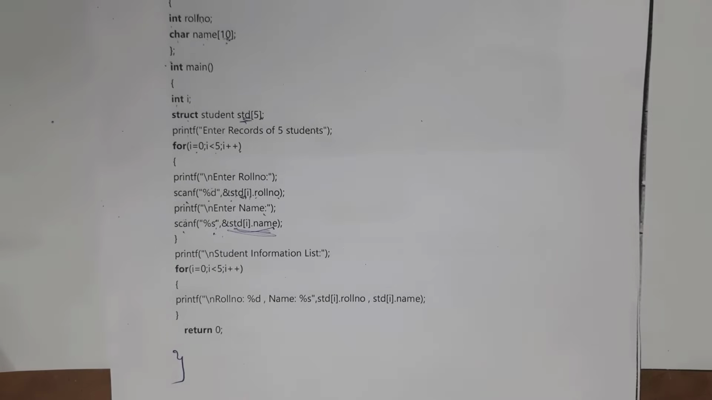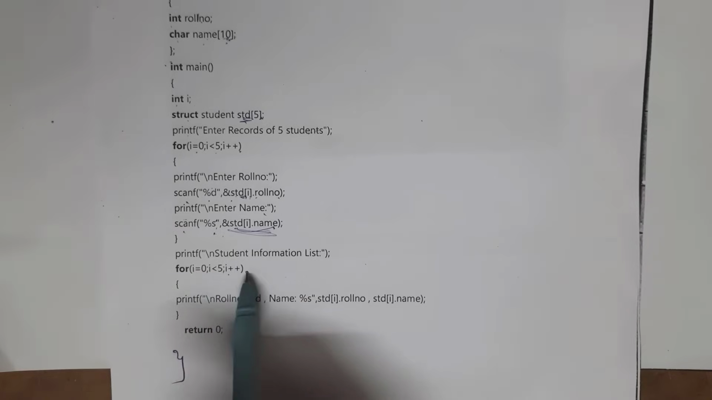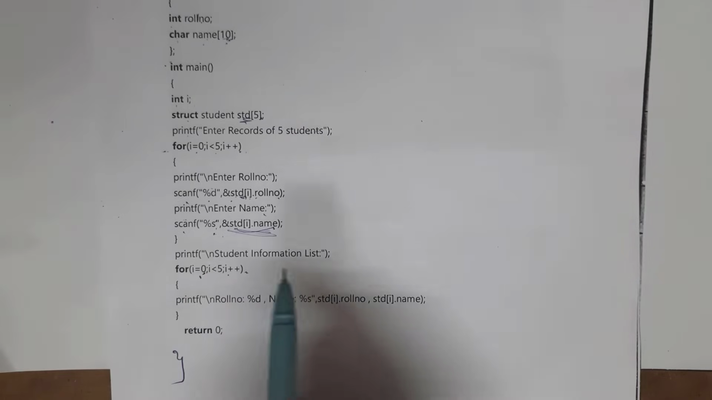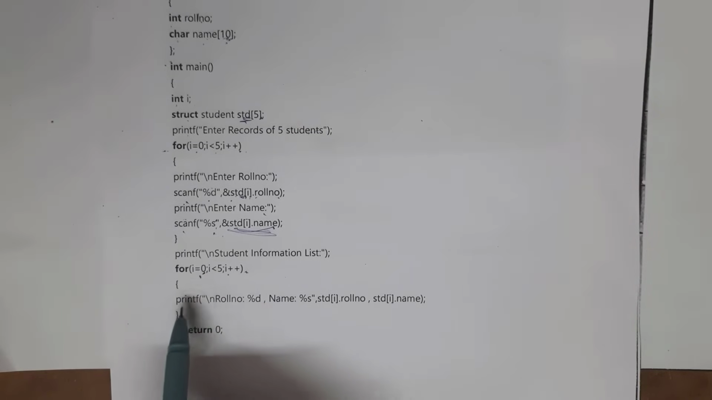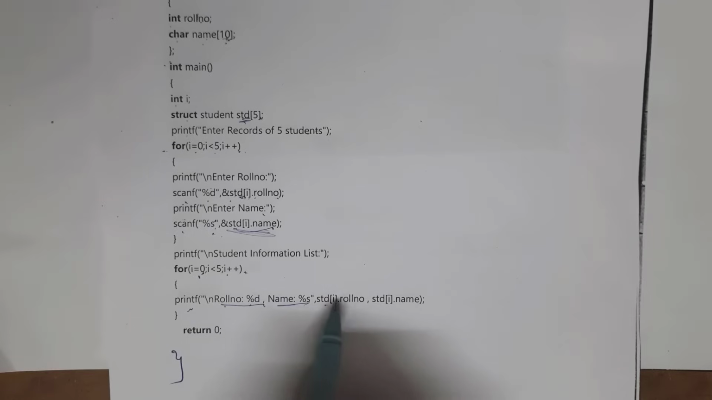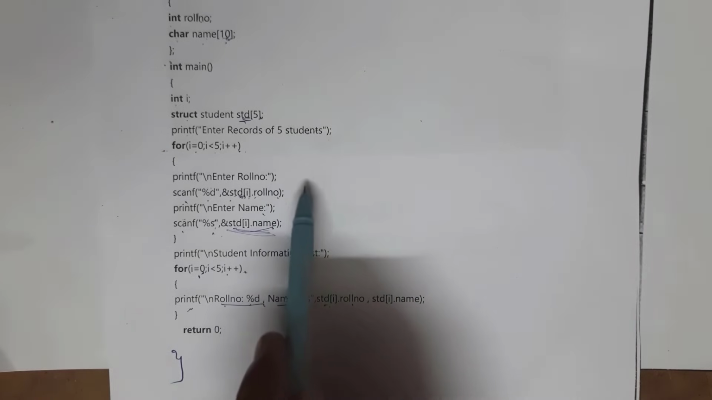So in order to generate output I need to take another for loop, that is i equal to 0, i less than 5, i plus plus, which you have given for input. Take the same for loop, i equal to 0, i less than 5, i plus plus. And inside this for loop I write printf roll number. Normally we store roll number with %d and name with %s, comma std[i].rollnumber, comma std[i].name. Whenever you write this printf function, whatever the names that you have entered, it will be